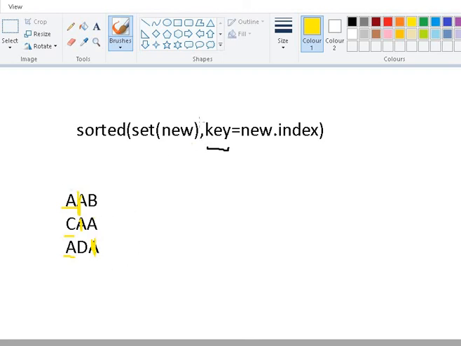This works in such a way that, leaving the first value as it is, we are using the set function to remove the duplicate value of A. This is that A. We have removed this duplicate value of A completely, based on the index, leaving this index value as it is. Yes, that's what we need.